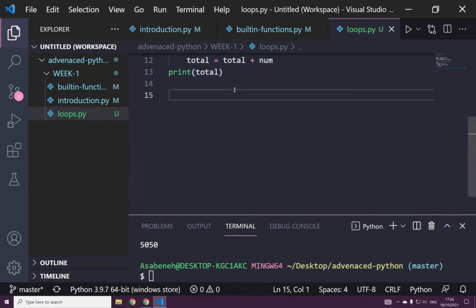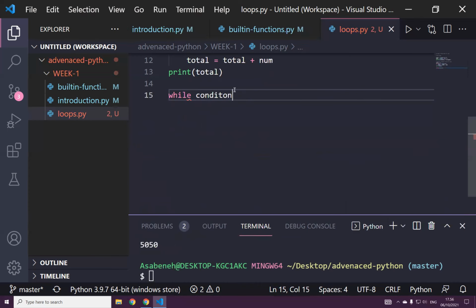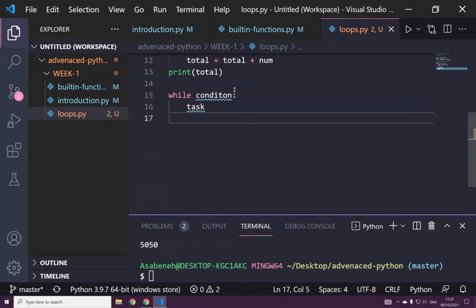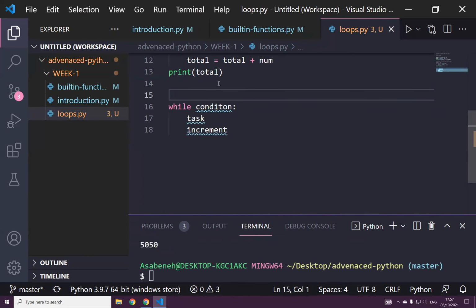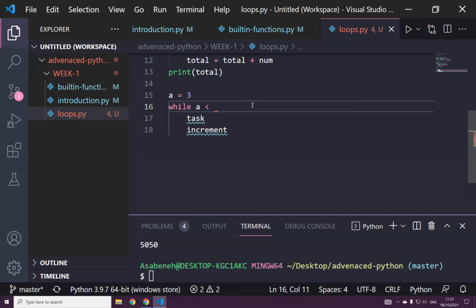How do we make a while loop? While is something you write, and then you will have a condition here. And then you may do some task over here, and then you should increment every now and then. Okay, for instance, I can say A is equal to 5 or 3. And then, oh no, and then maybe I can say A is less than,